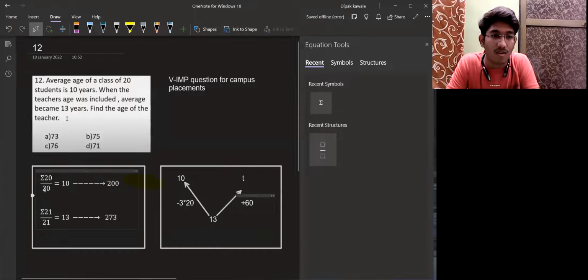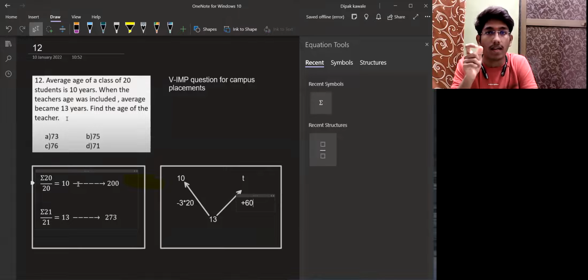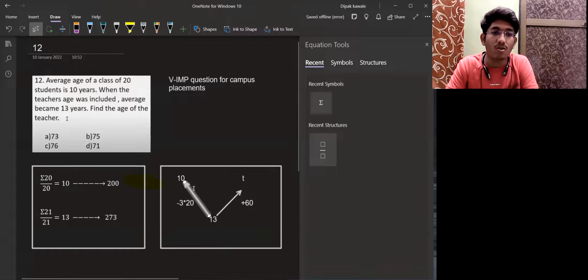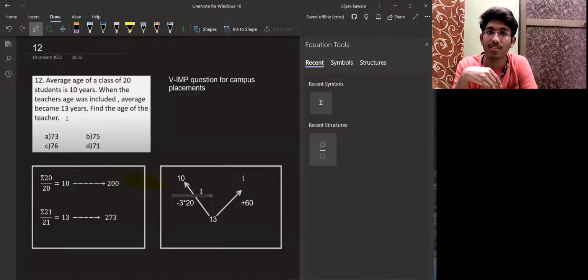The first approach, where we are doing multiplication. See that this multiplication took a lot of time. Sometimes it can be very difficult, like 37 into 9. We can't do this without a calculator. We can do it, but it will take time. And in the second approach, we are just doing what? Taking the difference, just a small difference, and seeing how much is required to make it 0. Now in the exam, which approach will we be using? Approach number 2.